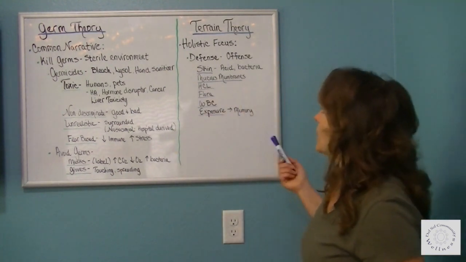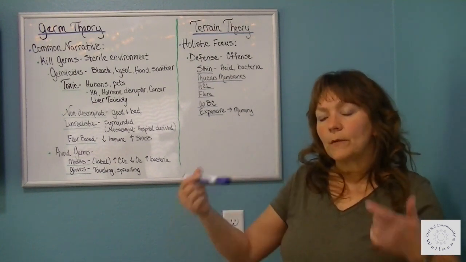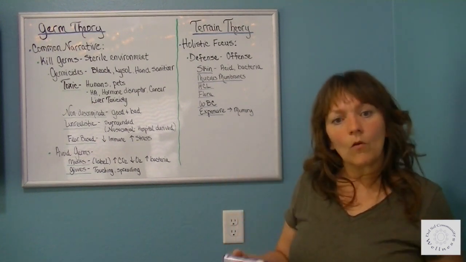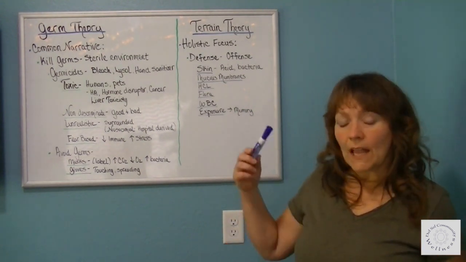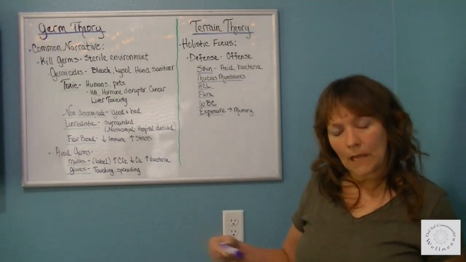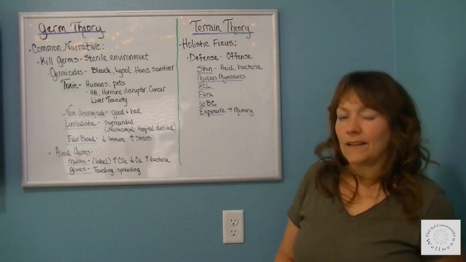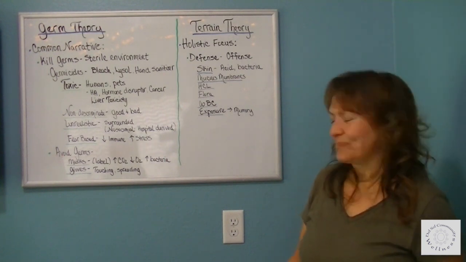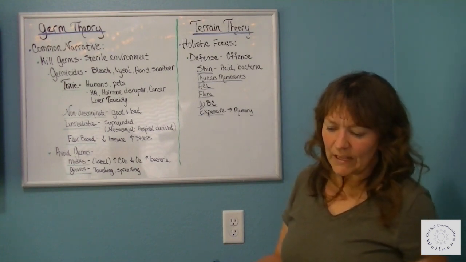So the next theory I want to talk about is terrain theory, and this is talking about our inner terrain, or what we commonly know as our immune system. And the scientist that did the study on this and came up with this theory was Antoine Bechamp. And I'm not sure if I'm pronouncing that right, but that was my best attempt. So this is